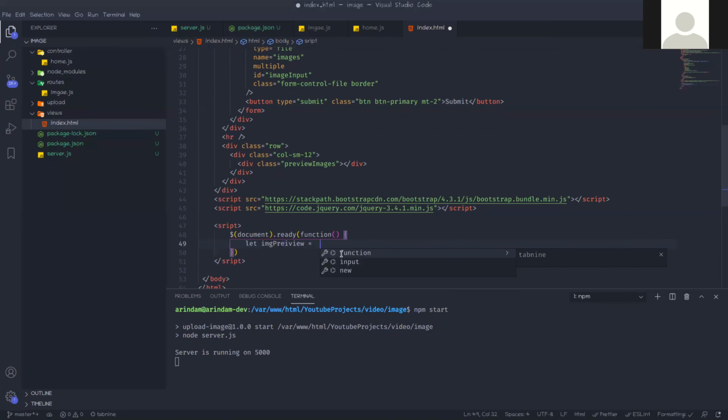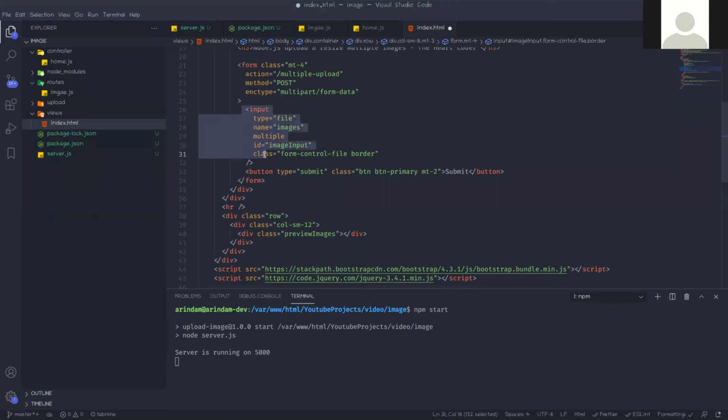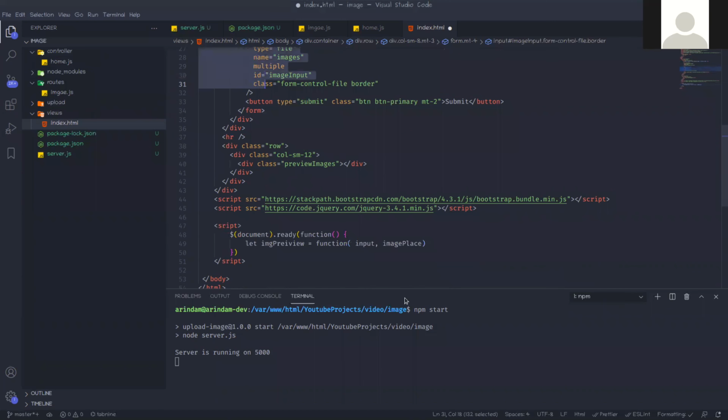Okay, so in this image preview we will create one function. That function's first parameter should be input, and the second is image place, meaning in which div we will place those images. And input means whichever files we upload, whatever this input field will take.